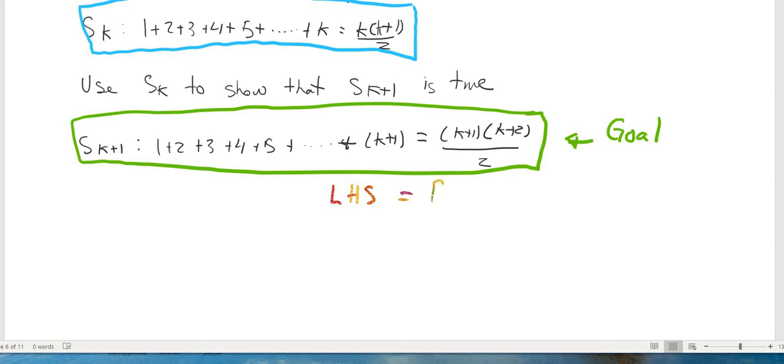This is right hand side. You start with one side of the equation, you have to end up with the other side. That's what we're gonna do. Well, let's start with this left hand side. So 1, 2, 3, 4, 5, all the way up to,